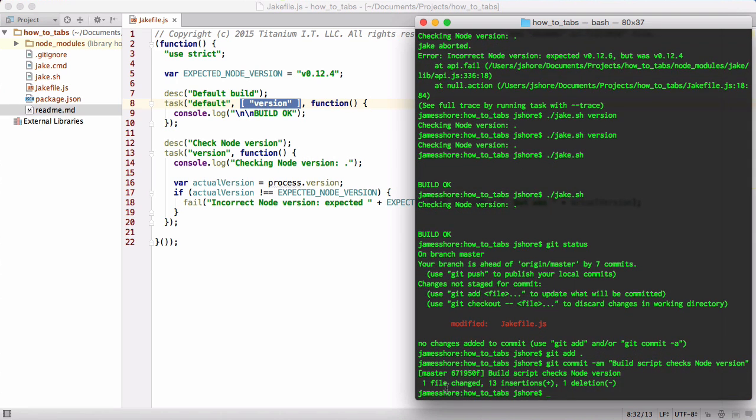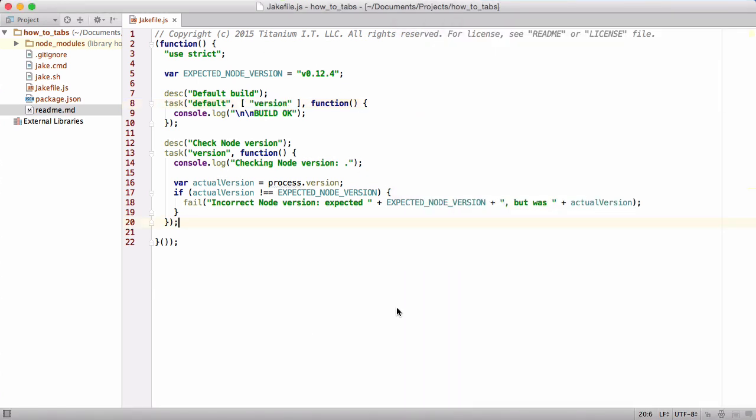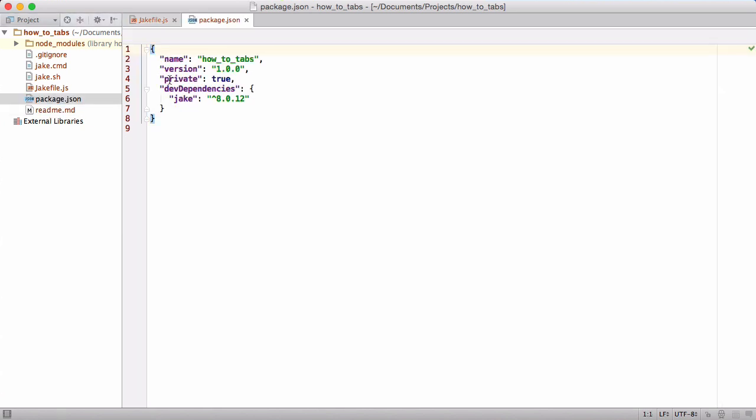So now our build script checks the node version. Excellent. Now this is good code. I'm pretty happy with this. However, it's not quite idiomatic. And the reason is that in package.json, the npm package.json, there's actually a standard way of saying which version of node we're expecting to use. It's the engines